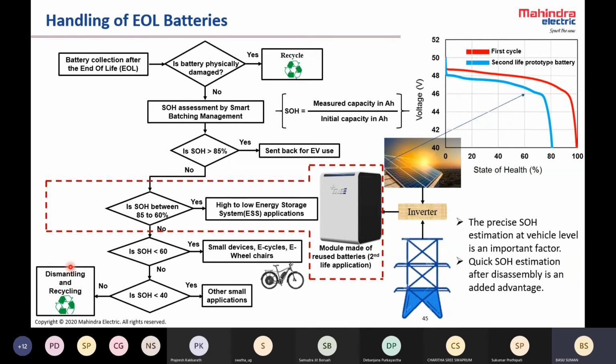Mahindra Electric is not into it, but of course it is extremely important for us, because once we have enough electric vehicles out in the market, then we would need somebody to provide value for the end of life cells. Okay, so with this, I will complete my presentation. I think I have taken the full time, or maybe a little more. If you have any question regarding this, feel free to ask.